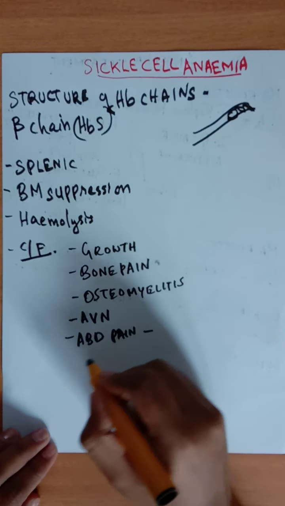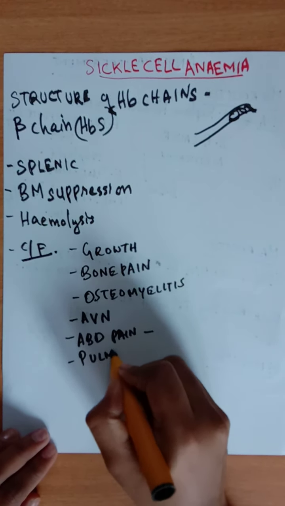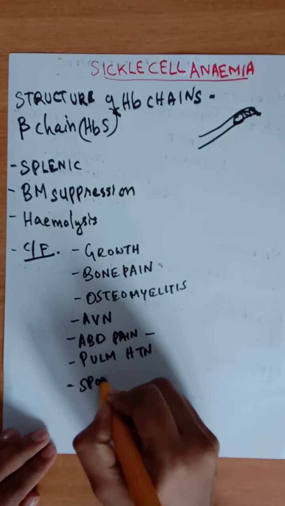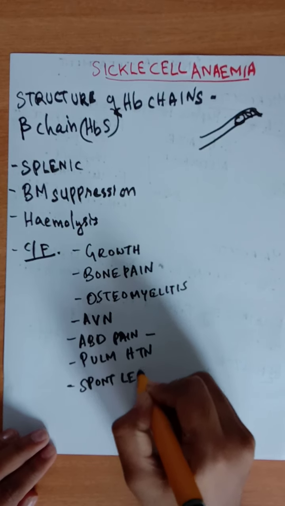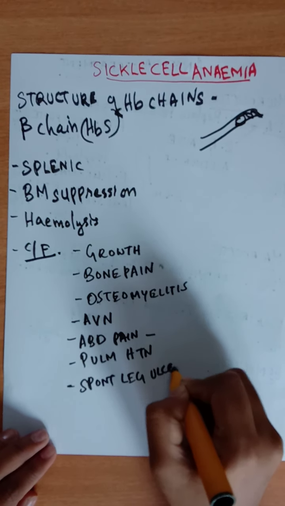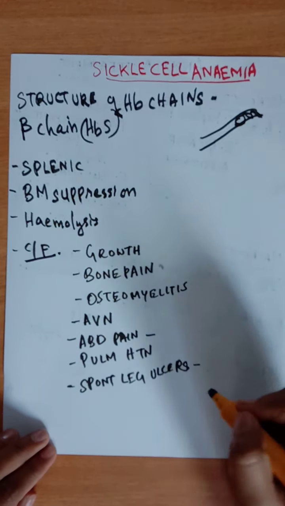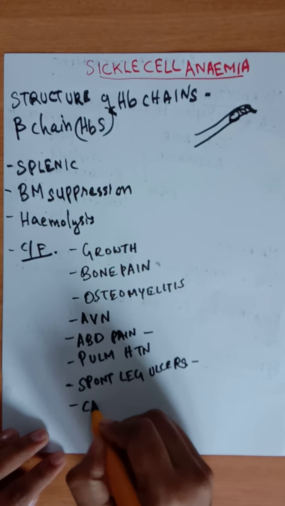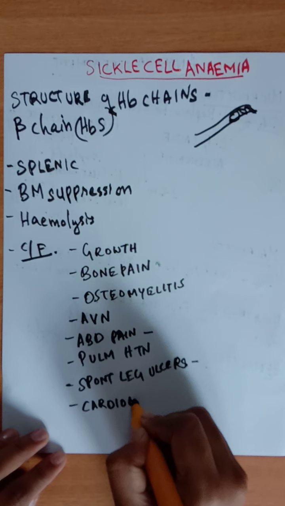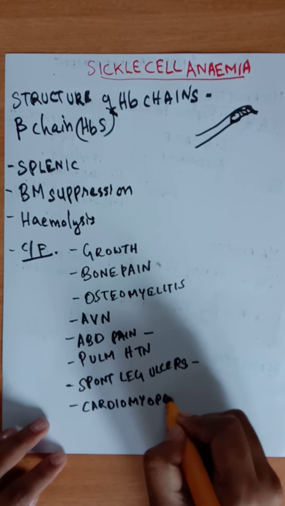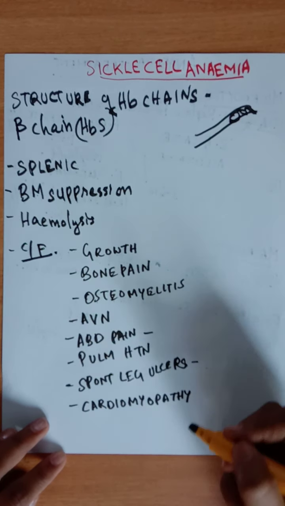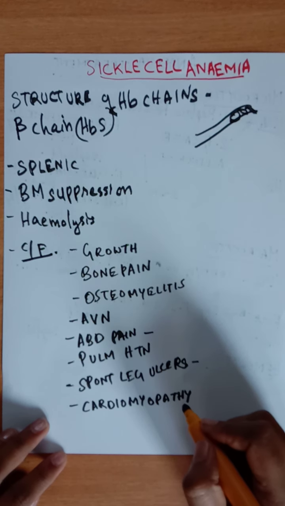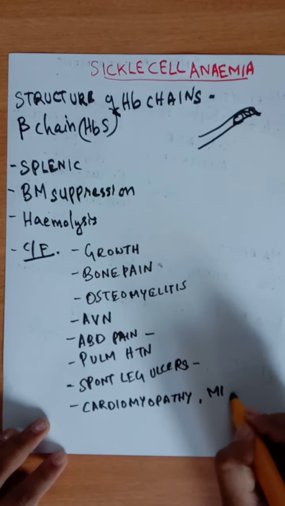Then pulmonary hypertension, spontaneous leg ulcers. It's also due to vaso-occlusive episodes. Cardiac problems like cardiomyopathy, and it is due to iron overload, myocardial infarction, arrhythmia,